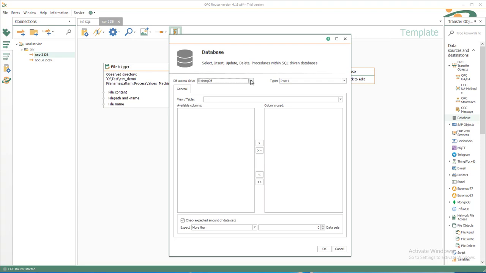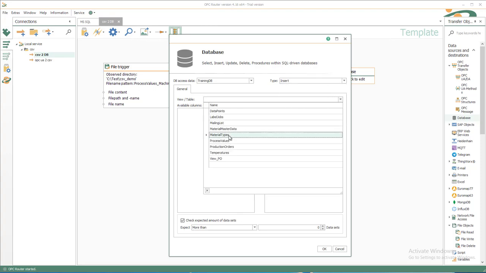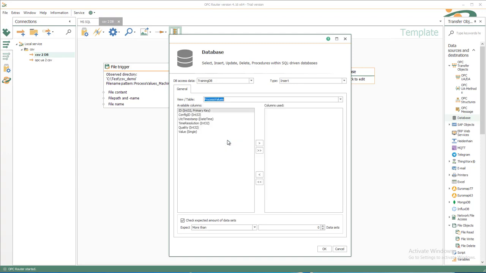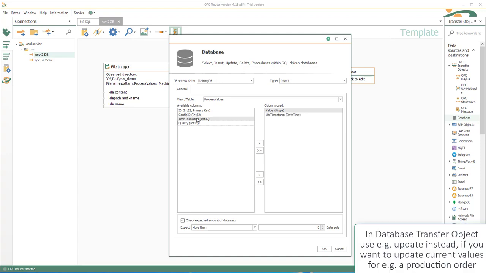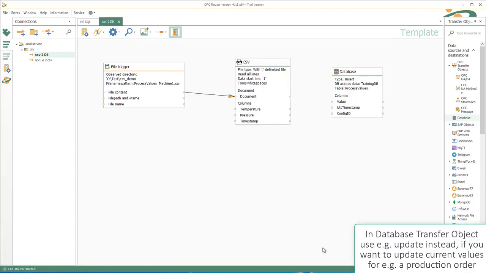You just select the TrainingDB target that we have prepared. The type is insert to insert new values. There are more commands available. And we select the process values table. There we have, of course, the value, the timestamp, and a config ID to identify the measurement that we save there. So we have the temperature in this example as value, the timestamp as UTC timestamp, and the config ID